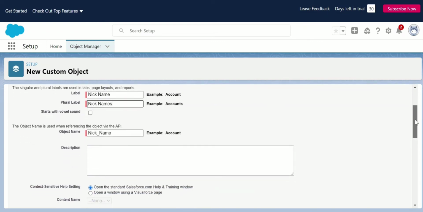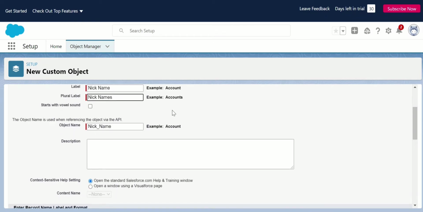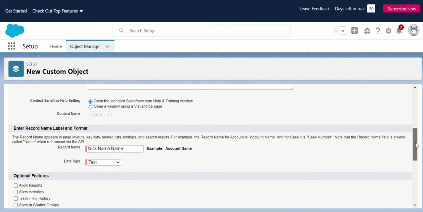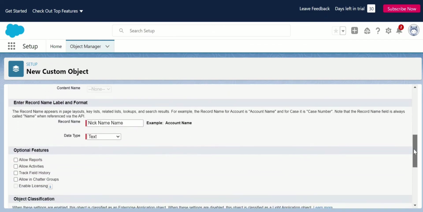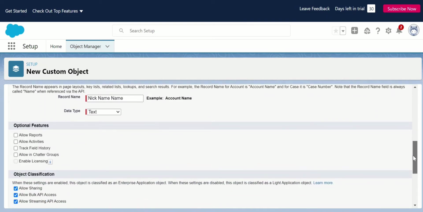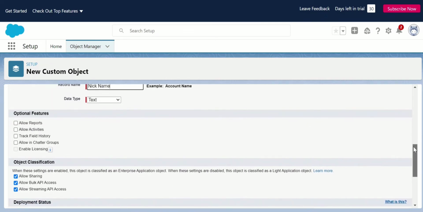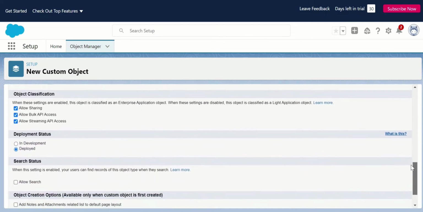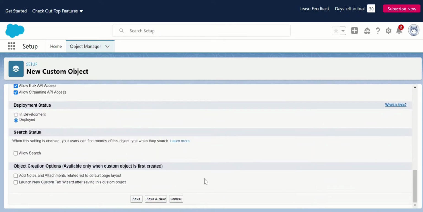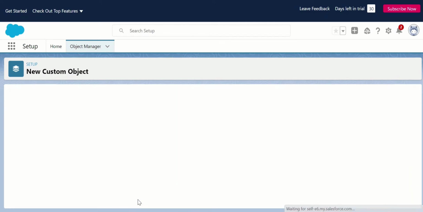It is just like a one-to-many relationship. Fill all required fields, record name, nickname here, and save.